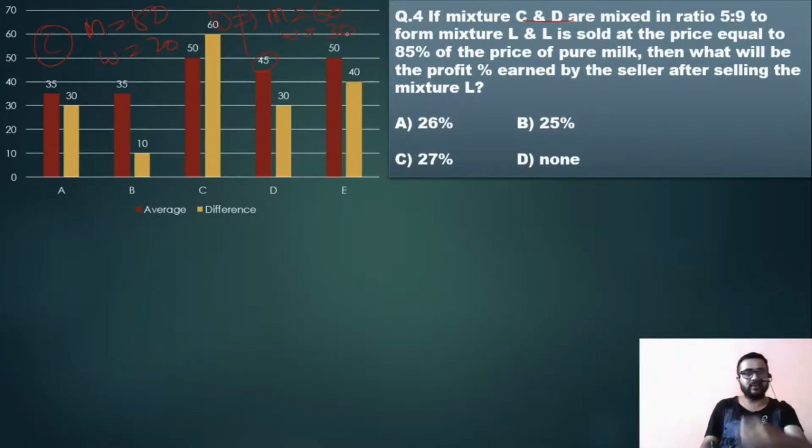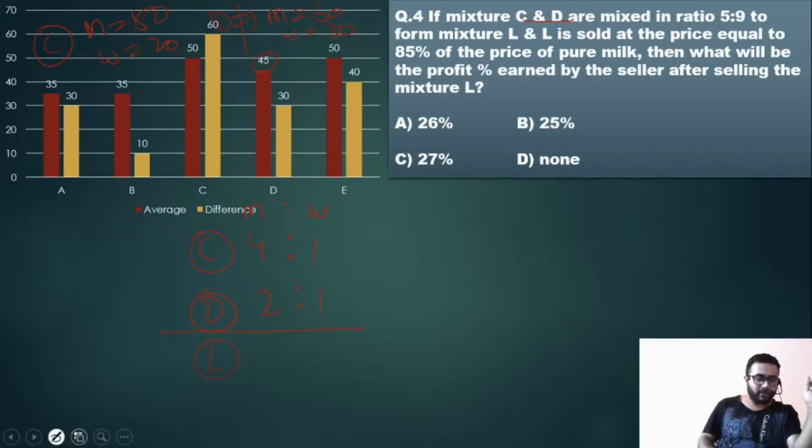So this is 60:30. Now you are mixing C and D. C is 4:1 actually, and what is D? D, see here, is 60:30, so you're going to get 2:1. So your milk and water ratio is 2:1. You can also use these values 80 and 20, that's not a problem, but your calculation is going to be lengthy. So that's why I'm using the ratio method here. This is going to be very easy.